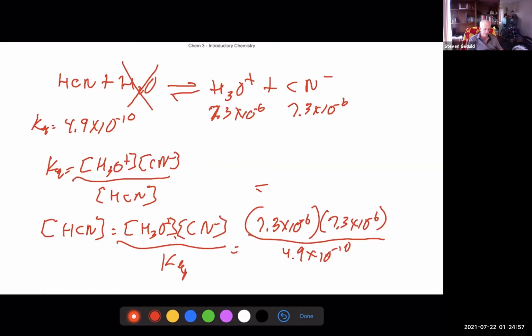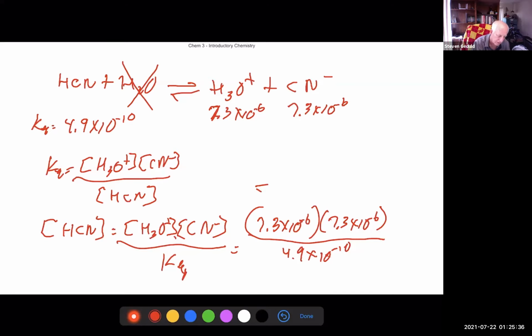So turn it sideways and the numbers you would key in would be 7.3, then EE, 6, and then hit the plus minus sign to make it negative 6, then divide. You're dividing by 4.9, then EE, then 10, and then negative. Change it to negative 10. Okay, and that equals